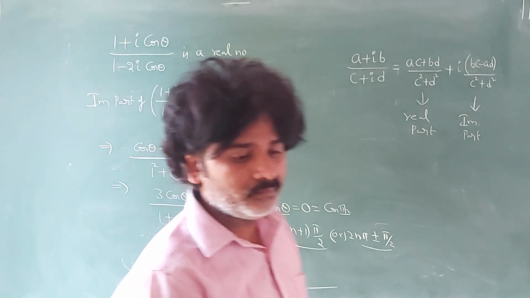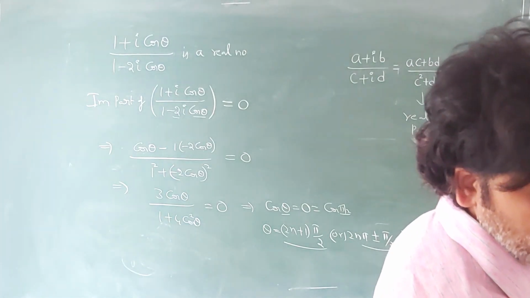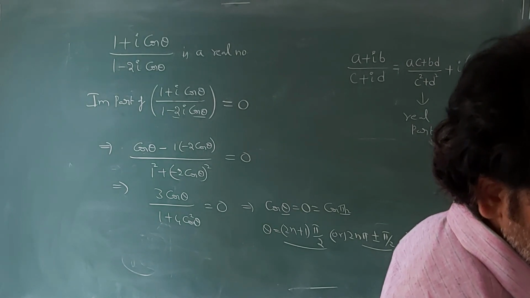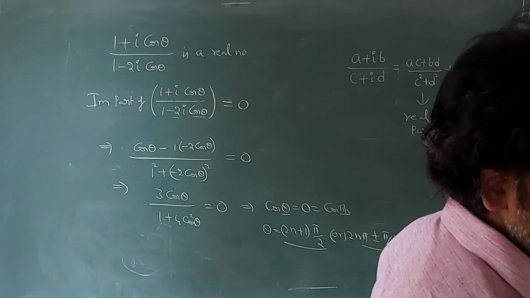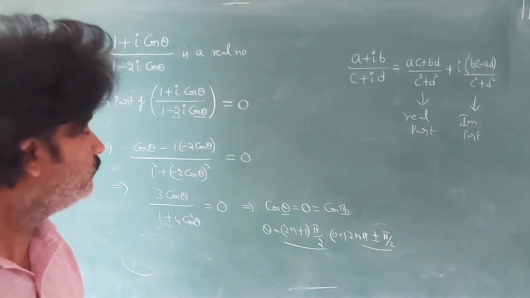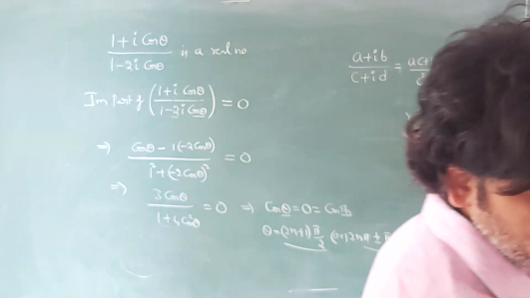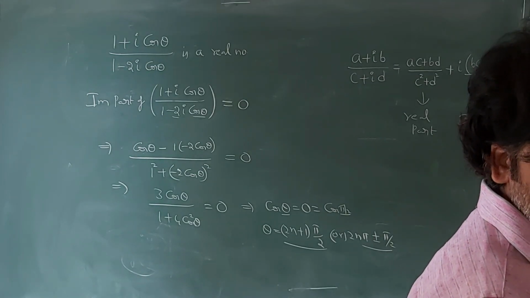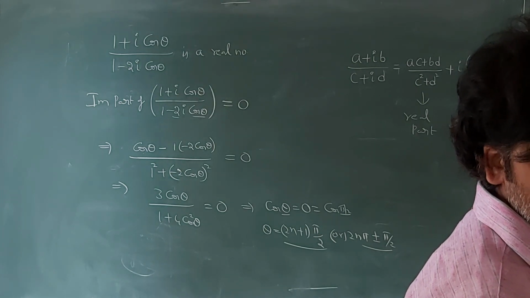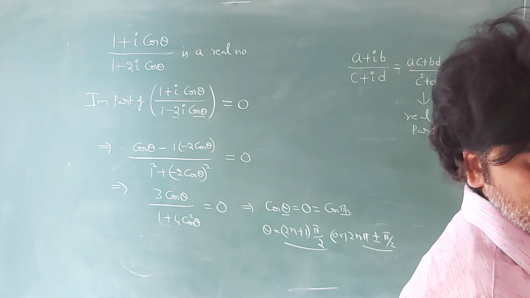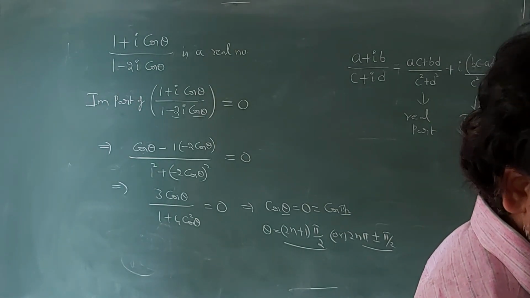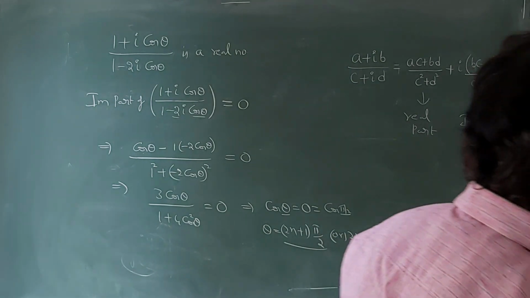Either (2n plus 1) into pi by 2 or 2n pi plus or minus pi by 2. So in the options they gave, say problem number 138, 2n pi plus or minus pi by 2, the third option is given. So the answer is the third option. Okay? Next. Understood this one? In the same model, do the 150th as homework. 150th in NCERT. Same model: find the real value of alpha for which the expression is purely real.